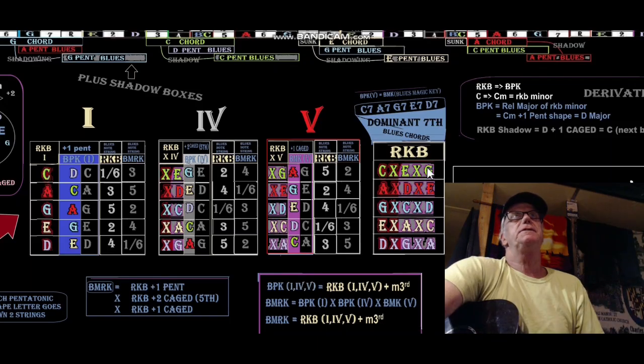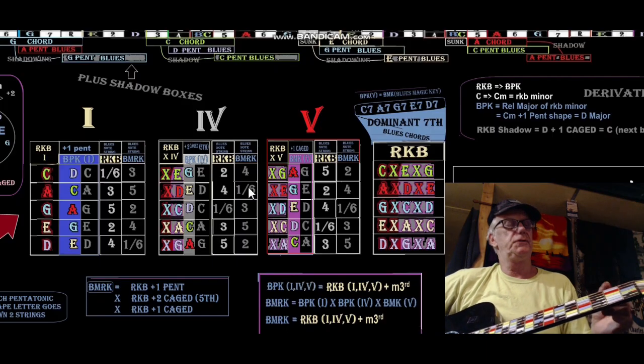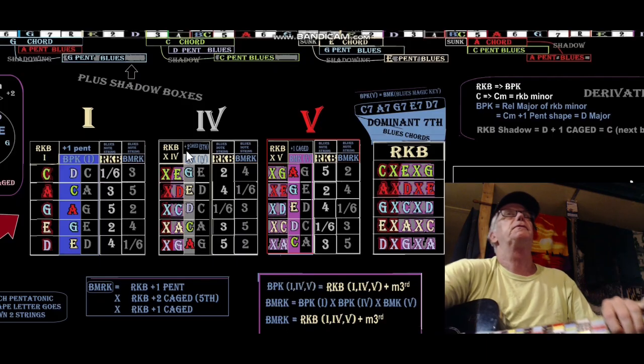Okay. Now we're going to make these into 7th chords. We're just going to play them as chords. Okay. The actual scale, when we're all done, if you overlay those 3 pentatonic